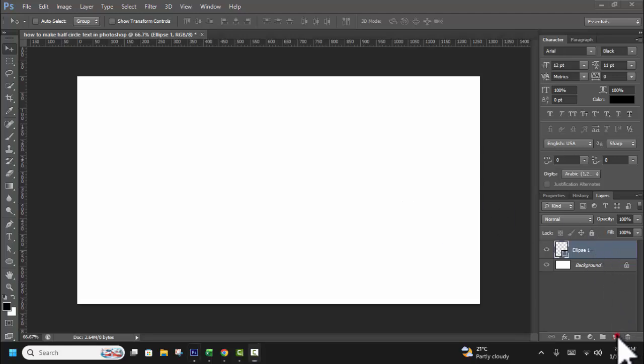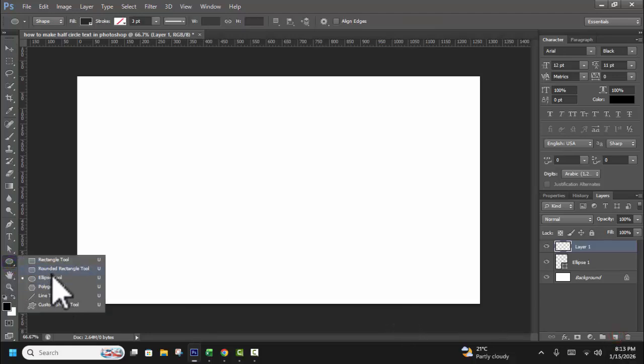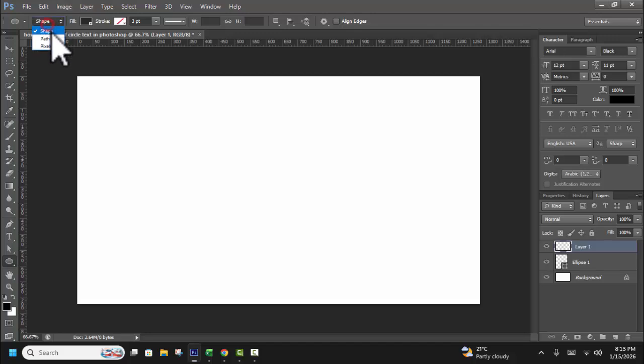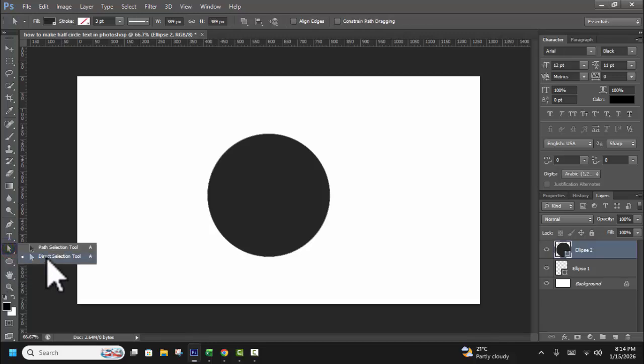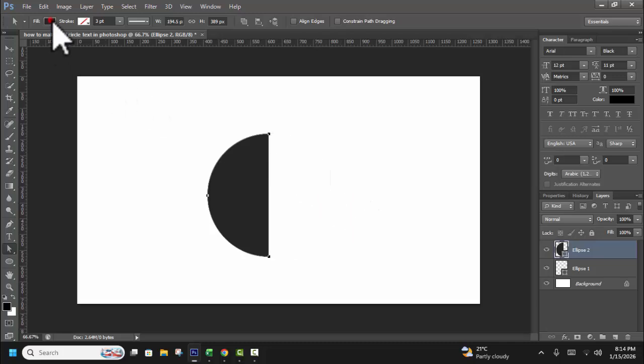Let's begin. Create a new layer. Right click, ellipse tool, move shape, hold shift, right click on your mouse, direct selection tool, select any corner, click the corner, press delete on your keyboard and